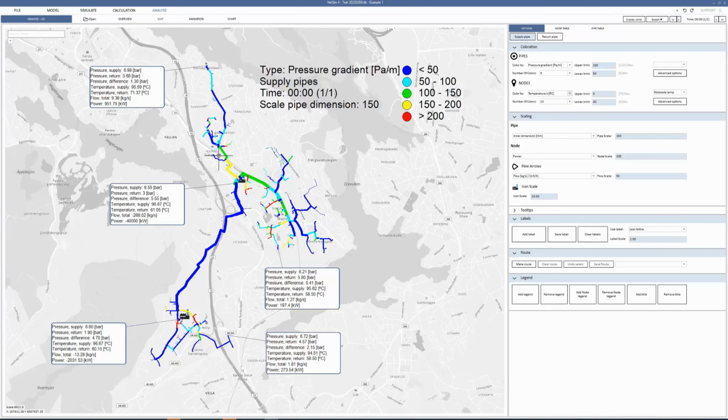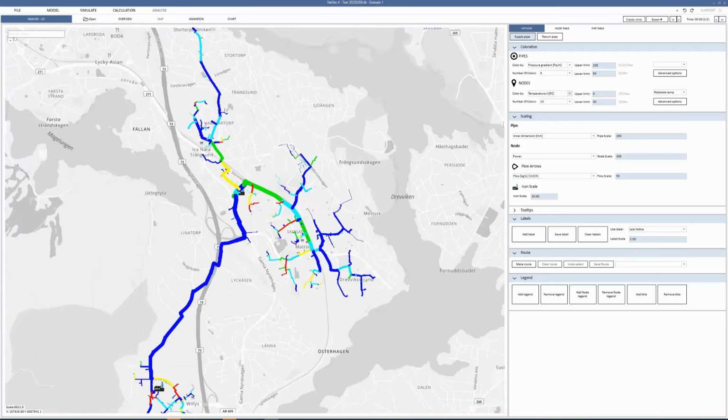And if we take a look at this, we can see that we have the dark blue lines, which are very low pressure losses. We have the light blue, which are fairly low pressure losses. Then we have green, which is probably not an issue, but could be if we want to connect some more consumers, or if we go down to the coldest cases, if we go to -20 or so, we might start having some issues with pressure losses in these green lines. The yellow ones start being above what we prefer, at least in Swedish grids most of the time. So you can see we have a few yellow lines spread out, and usually this one is the most